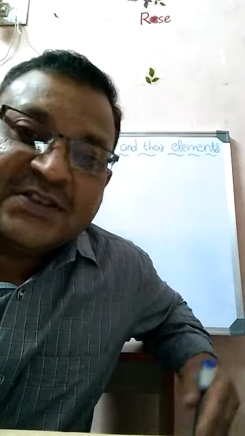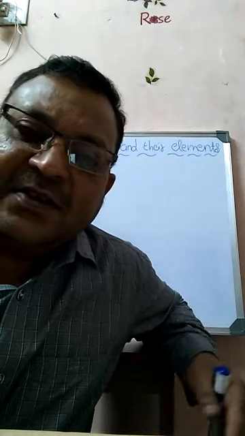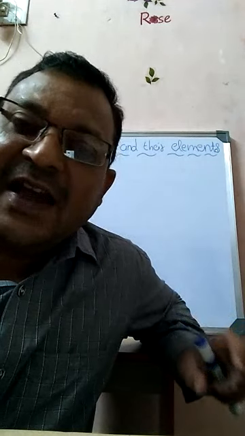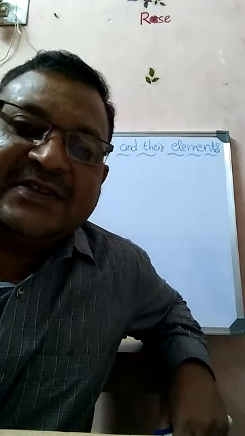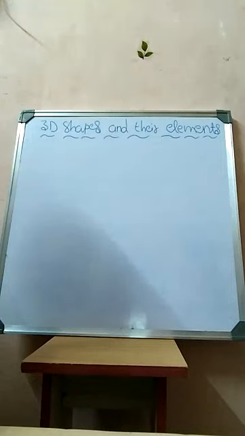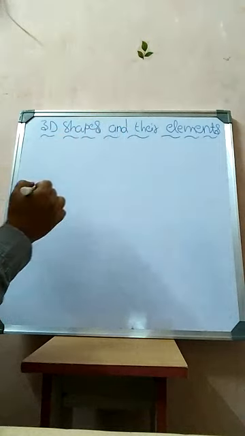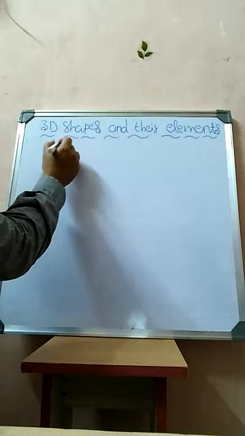For example, cube, cuboid, cone, sphere, hemisphere, prism, pyramid, cylinder, and so on. So these are all examples of three-dimensional figures. And now in this class we are going to see their shapes and their elements. As I told, some examples of three-dimensional solids are